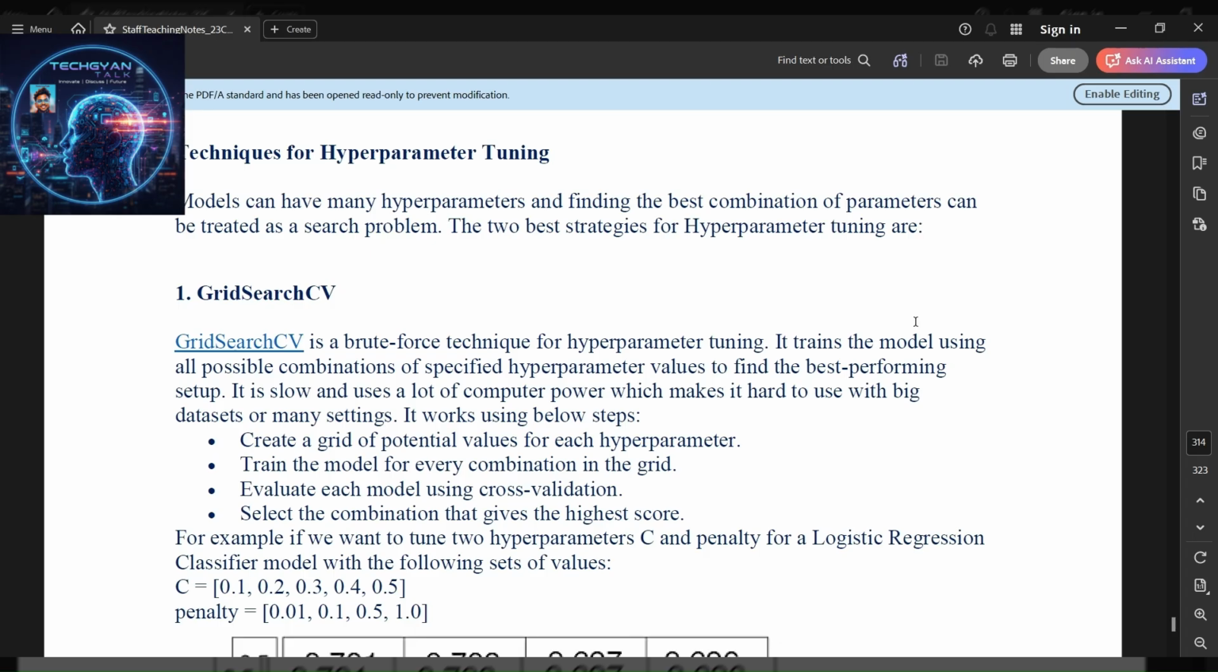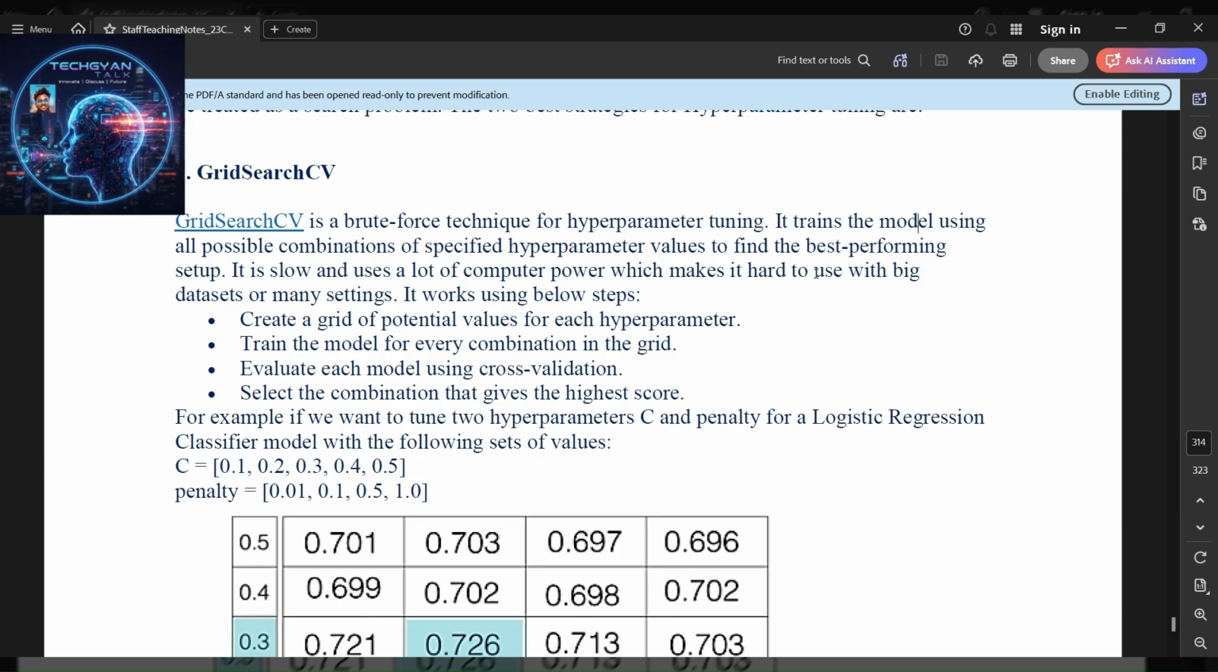Models can have many hyperparameters, and finding the best combination of parameters can be treated as a search problem. The two best strategies for hyperparameter tuning are GridSearchCV and RandomizedSearchCV. GridSearchCV is a brute force technique for hyperparameter tuning. It trains the model using all possible combinations of specified hyperparameter values to find the best performing setup. It is slow and uses a lot of computing power, which makes it hard to use with big datasets or many settings. It works using the following